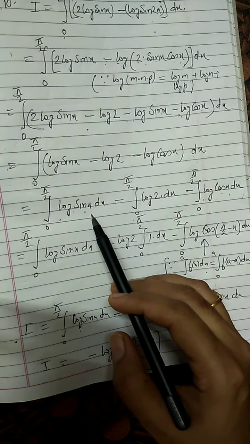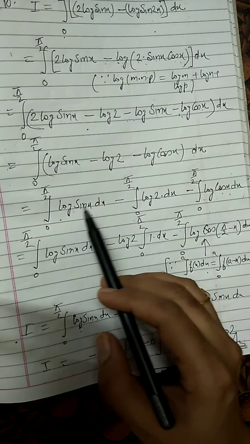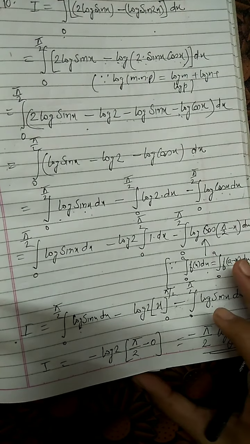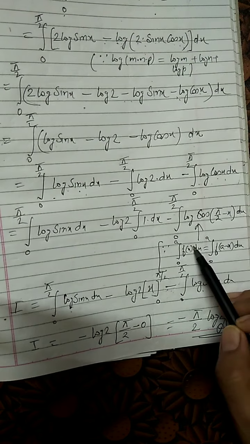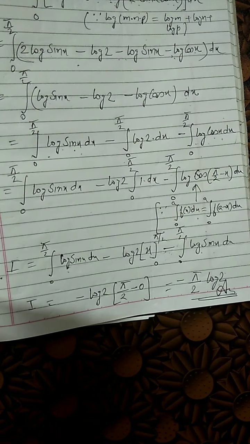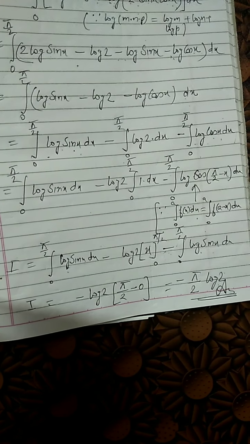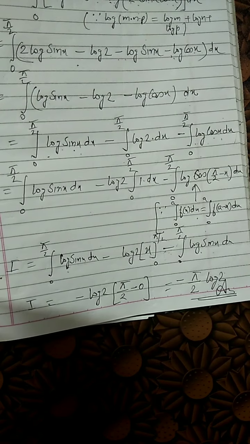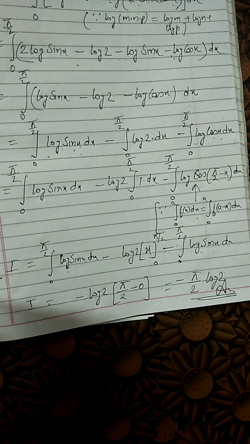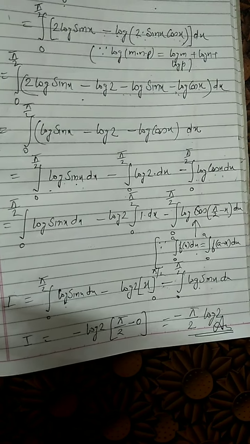It will become log cos x, then minus log cos x, then also they will get cancelled. Anyhow, in one integral we will apply this property, and we are getting the answer minus pi by 2 log 2, right? So this is our sum number 10. Other sums, most of the sums we have discussed, and now we will discuss here sum number 19, right? And let us do sum number 19 now.